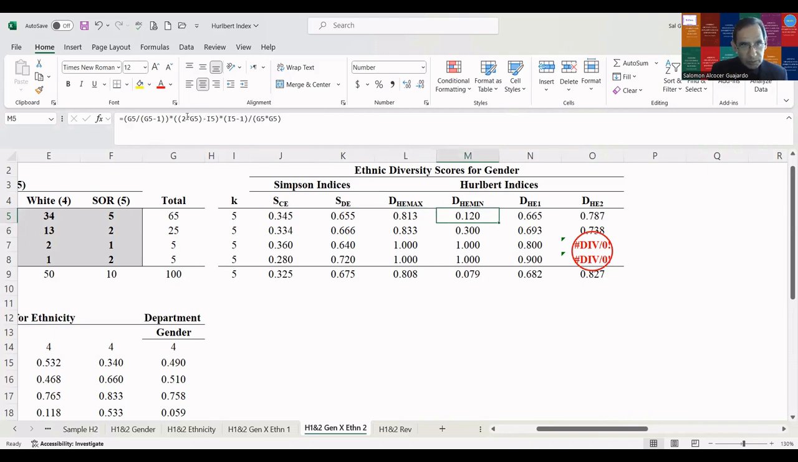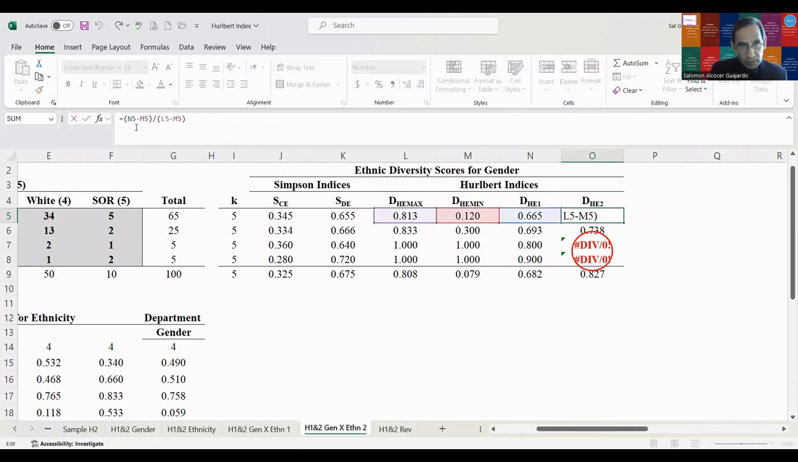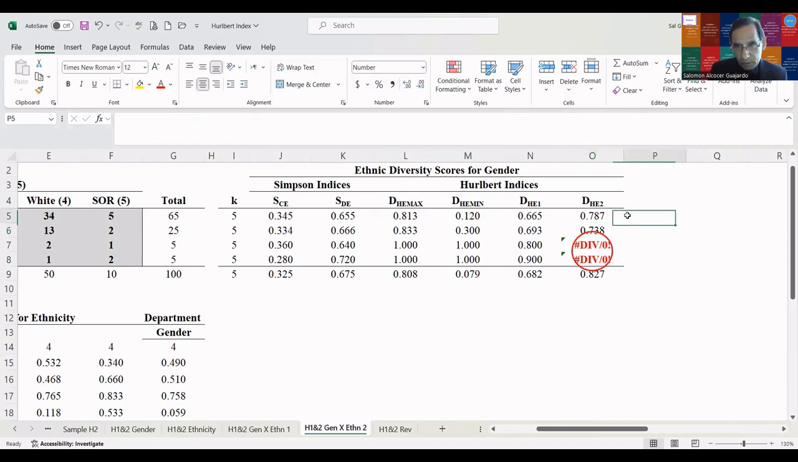The minimum score, if I use the formula, I get a minimum score for the male by ethnic group of 0.120. So to obtain the relative diversity score, I take 0.665 subtracted by 0.120, and divide that by the maximum score of 0.813 minus 0.12. So when I do that, I get a relative diversity score of 0.787,